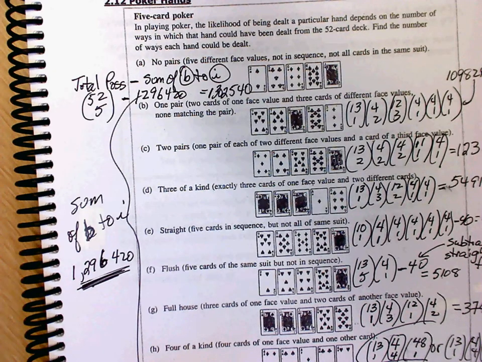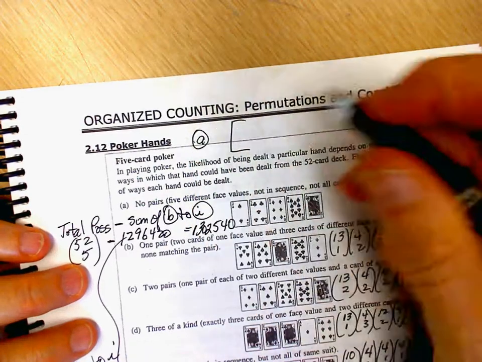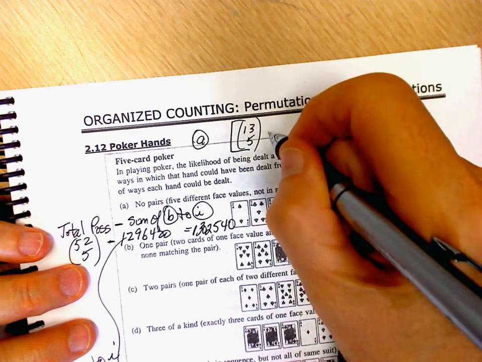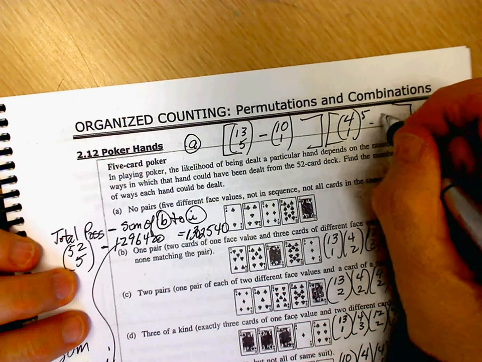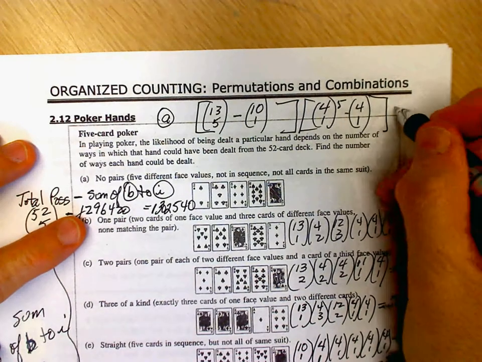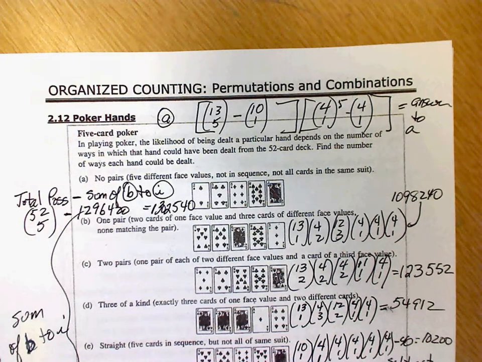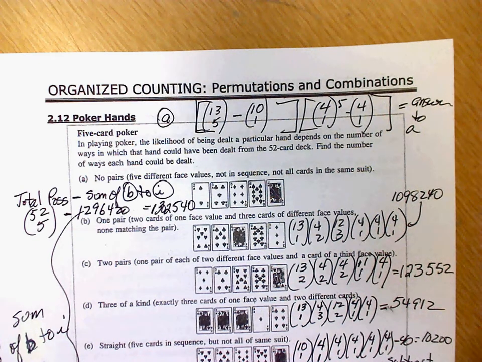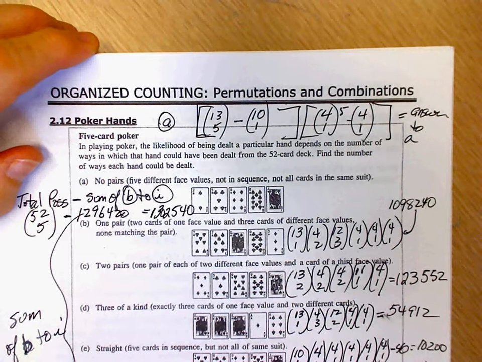No less. Now this is the formula for A. If you can make sense out of it, I'll be very impressed. But it's 13 choose 5 minus 10 choose 1, 4 choose 1 to the 5 minus 4 choose 1. That will get you the answer to A. It's this difference times that difference. Destroy any possibility of having a fourth. Okay, so in the second bracket, because you're choosing